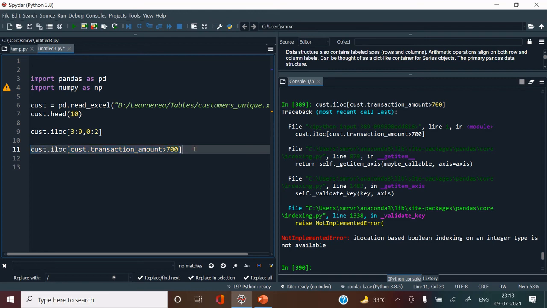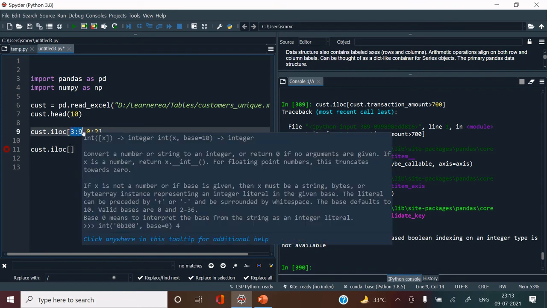Now let's try another thing. Here we provided a range of rows. Let's see if we can put the list of columns in text. Ideally that will not work because the i itself represents that it is only integer based, but we will just give it a try.